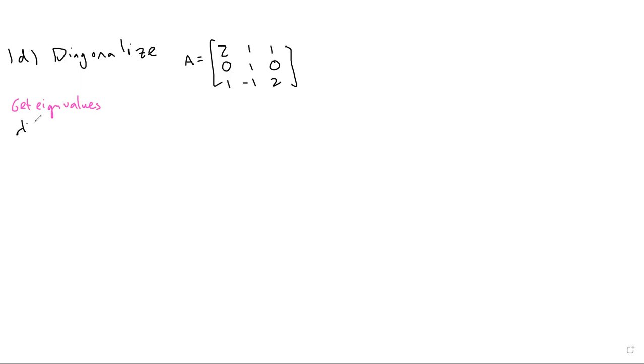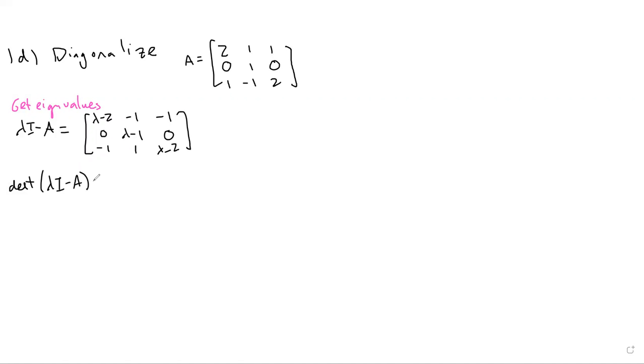So as always, lambda I minus A, that 3x3 matrix. And I'll get the determinant of this. I am going to use just that second row to find the determinant. That's going to make my life a lot easier. Just to make sure I'm following the right pattern, it'll be positive in the top left. It'll be like minus 0 plus